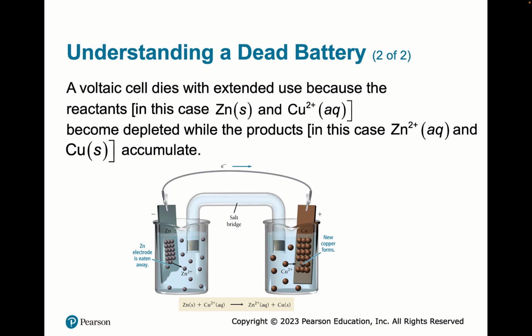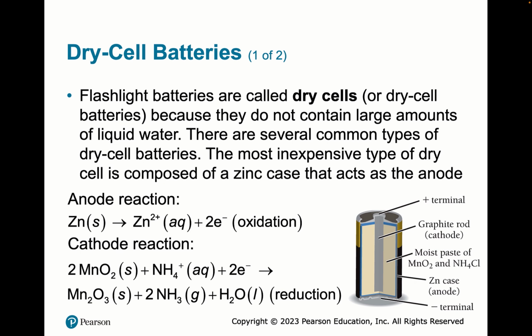And so, as mentioned, the reactants become depleted, and like I said, it's usually the anode that depletes. So here's dry cell batteries. Although we tend to use alkaline batteries, and alkaline batteries are similar to this, except that they use potassium hydroxide inside of them. But in a dry cell battery, you have zinc on the inside of the battery,